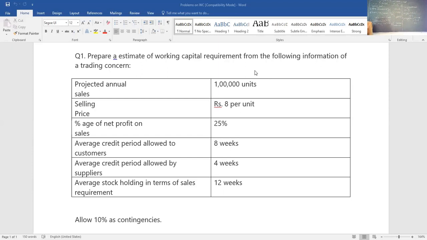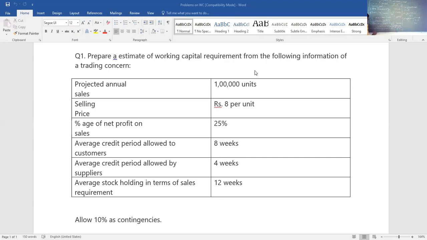Okay, so if you deduct, how much are you getting? 1,84,616. 1,84,616 is your working capital required. To this, we will add contingencies if they have asked us to add. So the contingency reserve to be maintained, how much have they told in the question? It says allow 10% of contingency. So 1,84,616 into 10% will come to 18,462 rounded off.